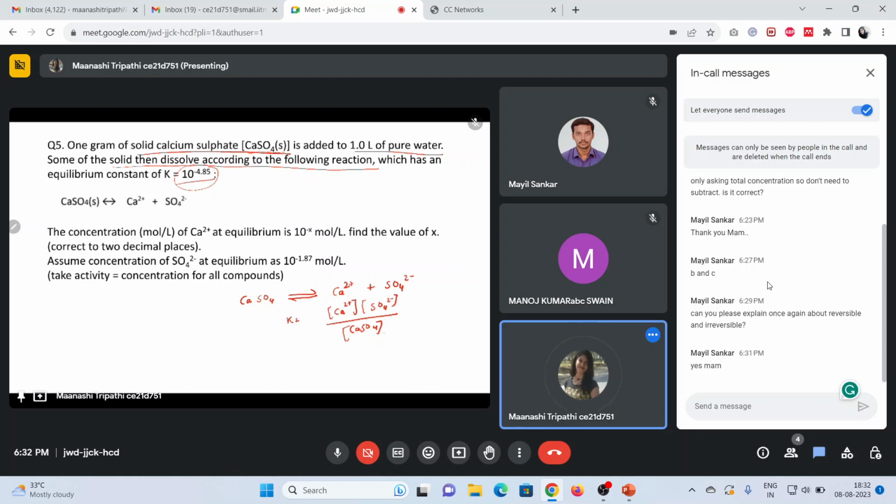When something is solid or liquid, we consider its molar concentration as 1. So now this is 1. So what we come up with is 10 raised to power minus 4.85, which is given here, is equal to